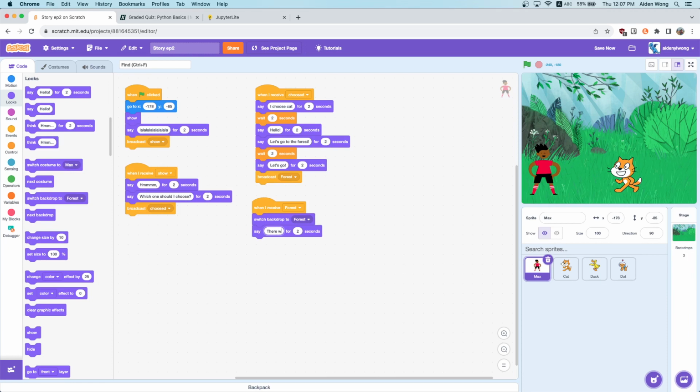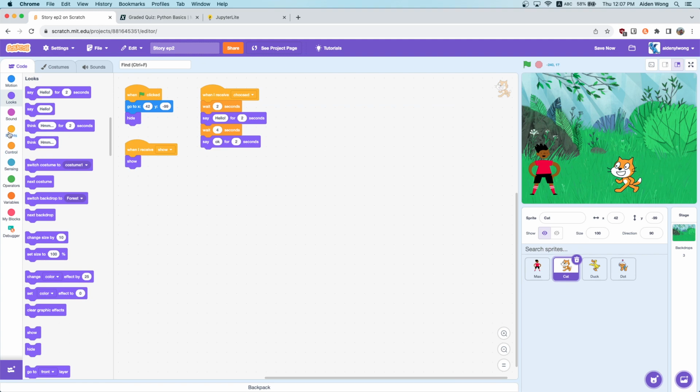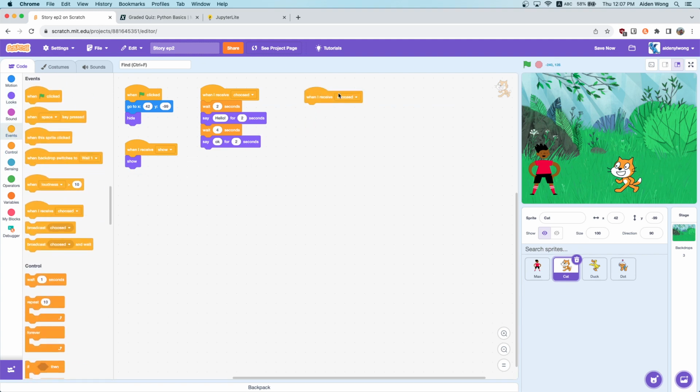There will be a dragon in a big cave. This time for 3 seconds. And then go to cat. When I receive forest,